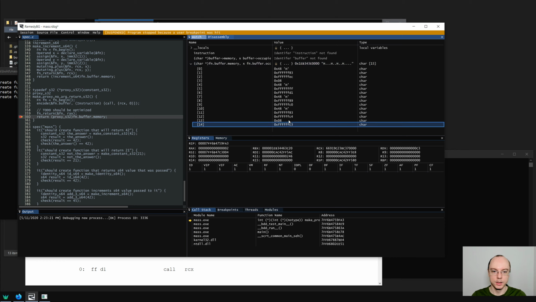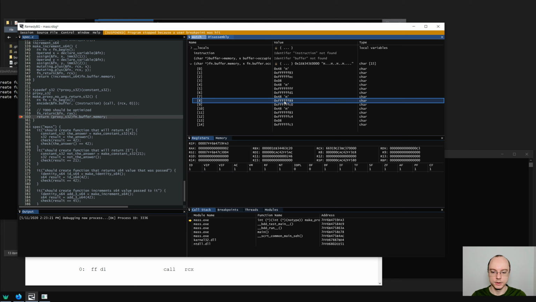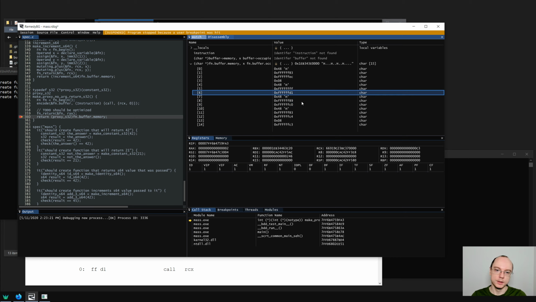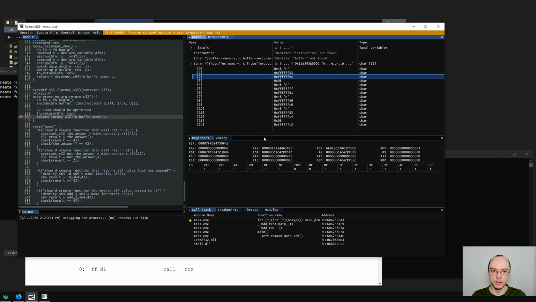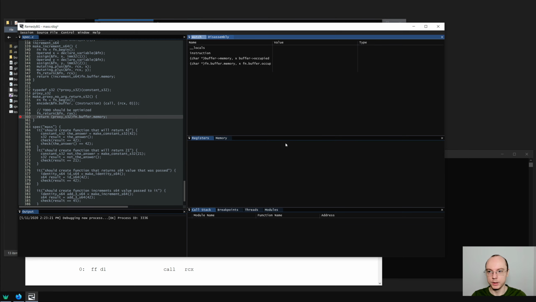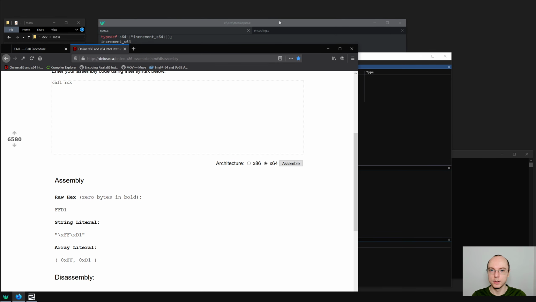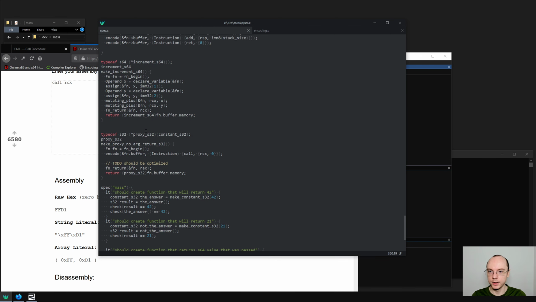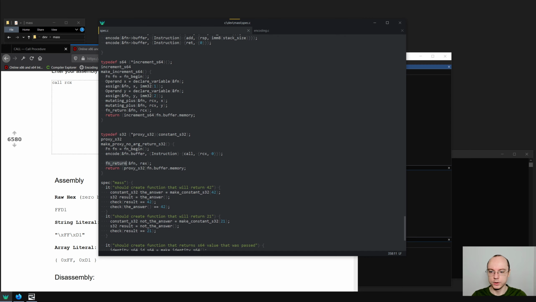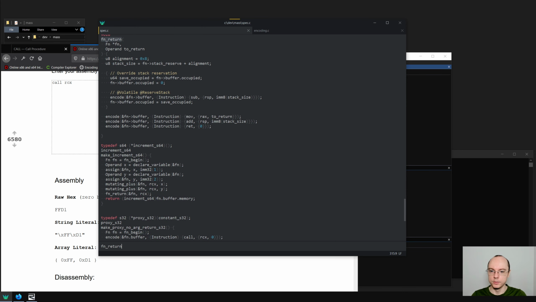So this is return, this is add, this is move from RCX from REX to REX, that useless instruction, and then this is our call. This is sub. I mean, honestly, we can probably get rid of that move RCX REX quite easily if we just go to function return and we say if